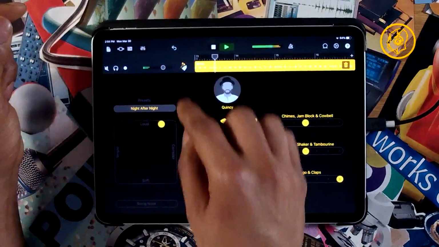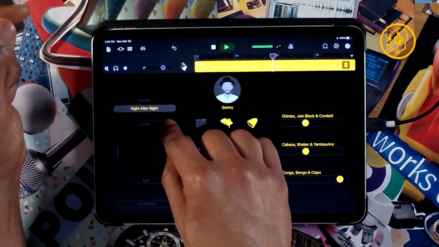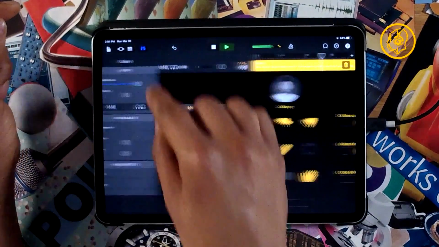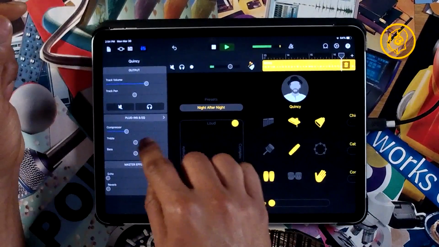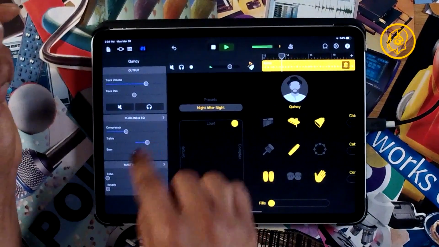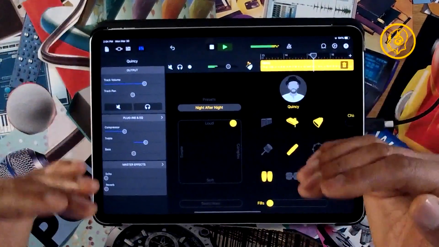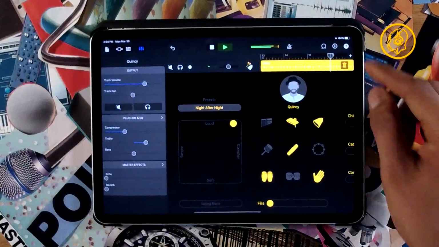Let's see. I like that. Compress a little more. It's just that little bit of undertone texture, right?